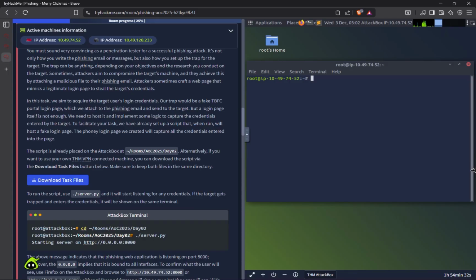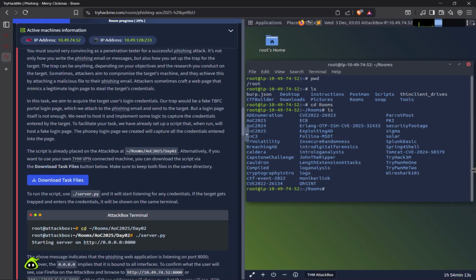So let's see where we are. We're going to do pwd, the print working directory. We are at the root, and we're going to run ls to see what's here. This has some buildings, but we don't need them for this one. We're going to enter into the rooms, and again we're going to run ls, and we need to go to, as you